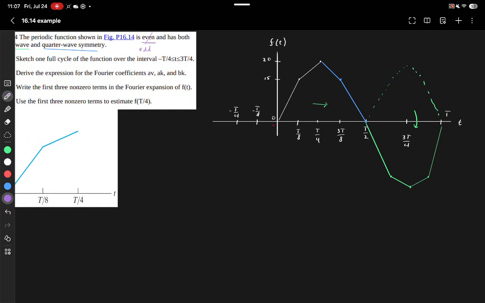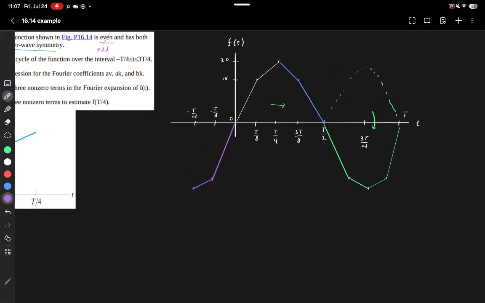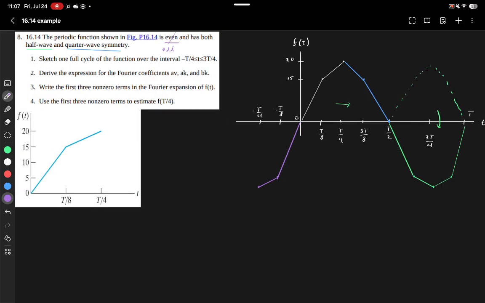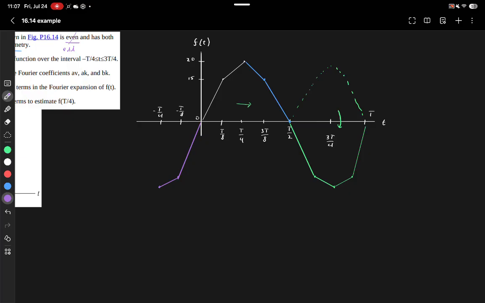But if we continue on this pattern to the minus T over 4, we get a little something like this. There we go. And now we're seeing how that even estimation is not really working out,